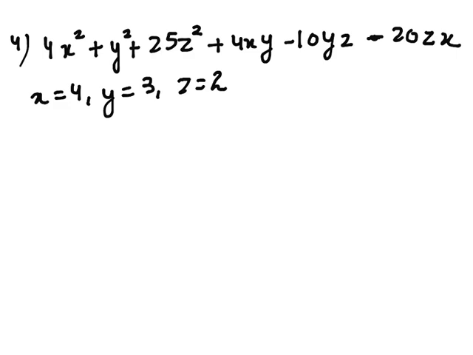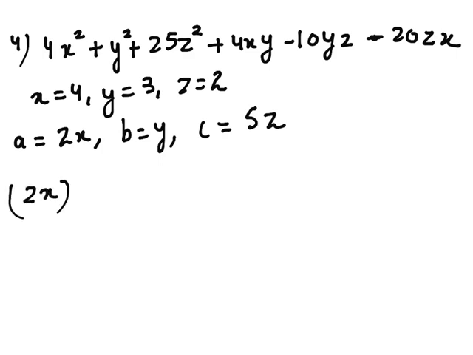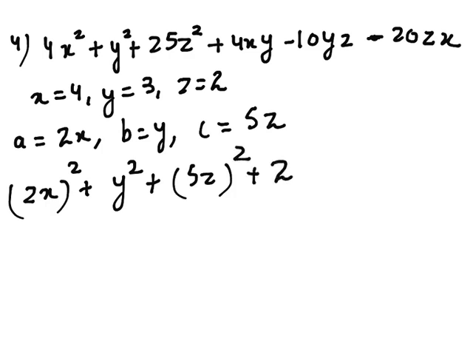So let's use the same identity, (A + B + C)². So we can consider A equals 2x, B equals y and C equals 5z. So how can we write it? It can be (2x)² + y² + (5z)². So it will come as 2ab. Here we have 2 times 2x times y, plus,